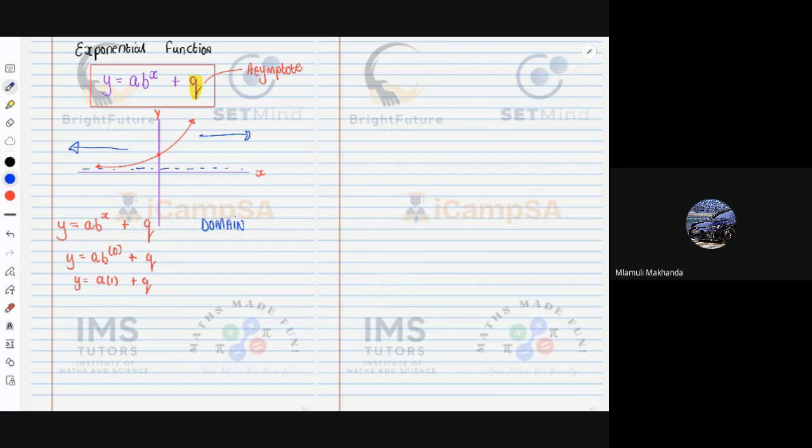That is where we will find the x values, all the way from negative infinity up to positive infinity. That is our domain. So we will say x is an element of negative infinity up to positive infinity. Very similar to the straight line and very similar to the parabolic function. And then for the range,